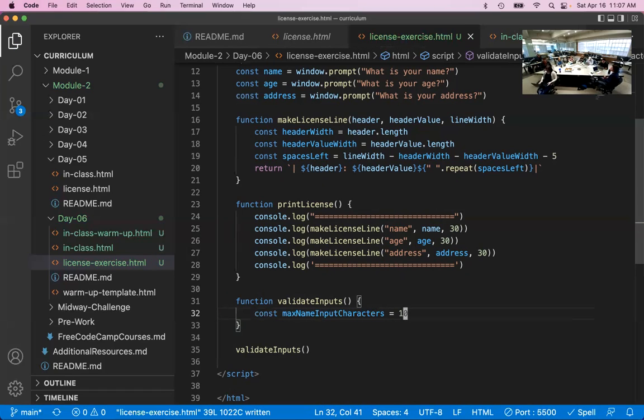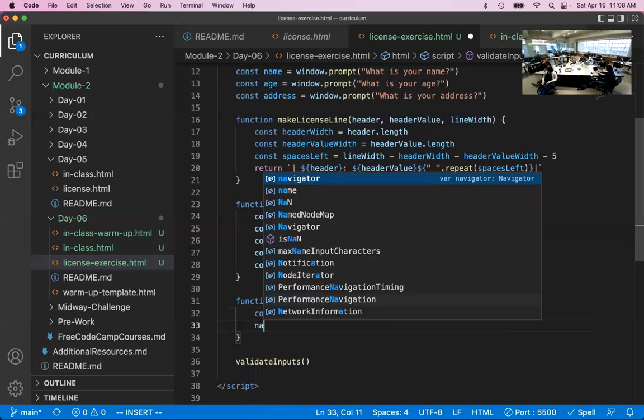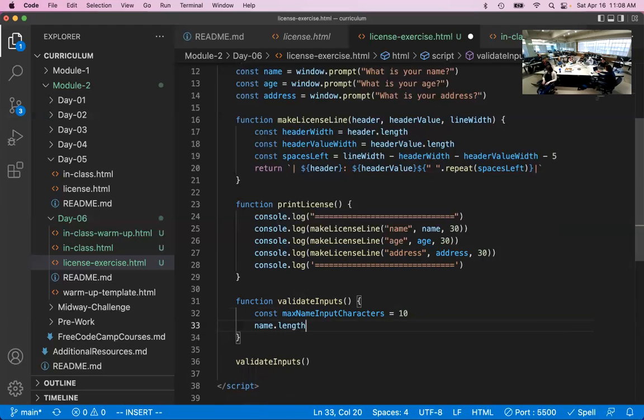So when someone's like, why are you checking if the length of this is 10? Like, what the hell does that mean? If you do it this way, they're like, oh, that's the max amount of characters. Okay, cool. So it's a good way to document what's called a magic number, a number that for some reason is just a value and you have no idea why. People call those magic numbers. And so we can name the number, and then we can say the name length, like what length is